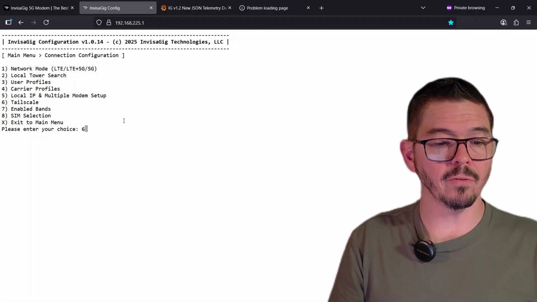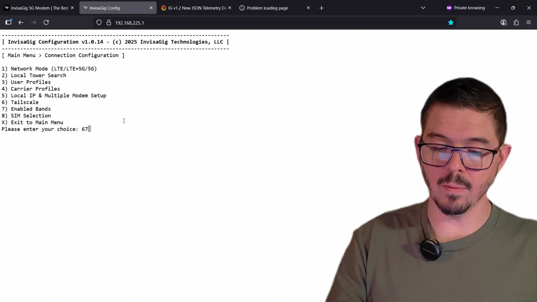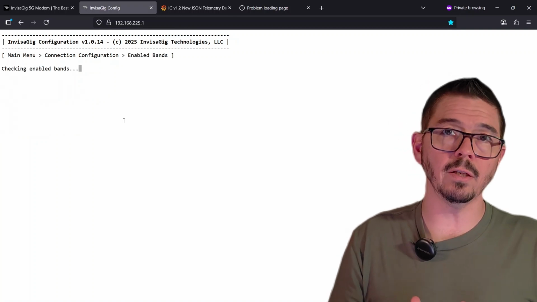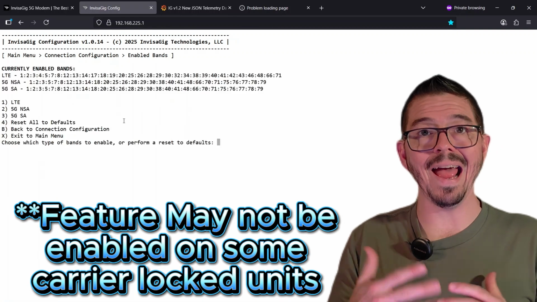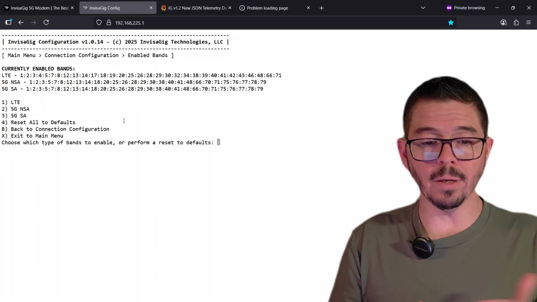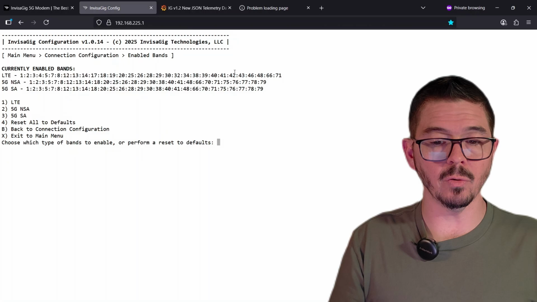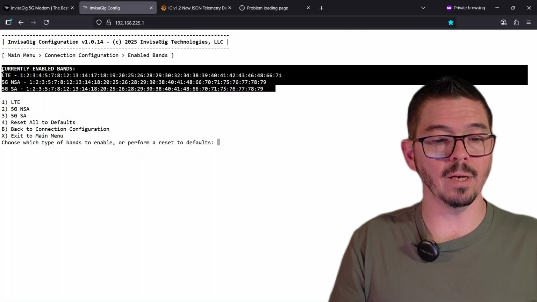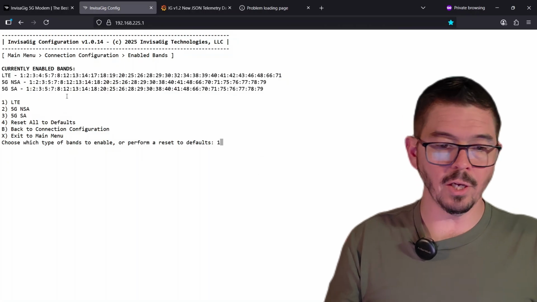All right. Next, enable bands. This is where you would select or change or disable the bands that are actively capable of being used by the InvisaGig. Currently, they're all enabled, and this is the list. So it shows you everything up top here that you have currently enabled. Then if you wanted to change them, say you select